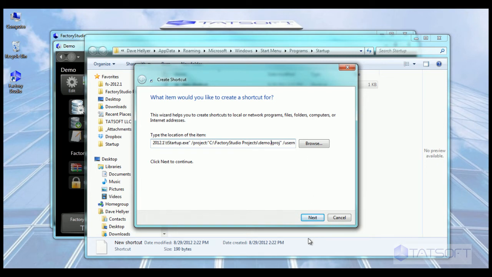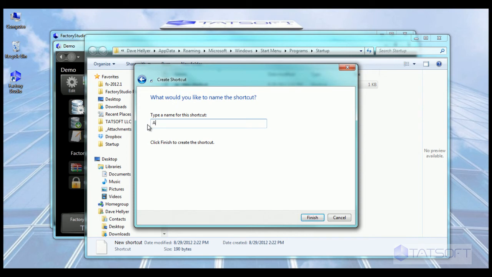Finally, we save this, we give it a name. We'll call it Auto Start FactoryStudio